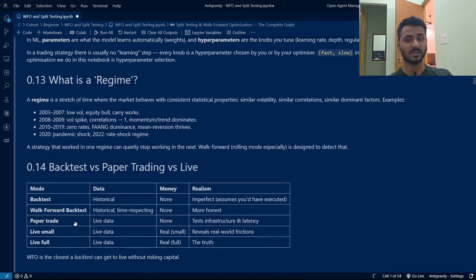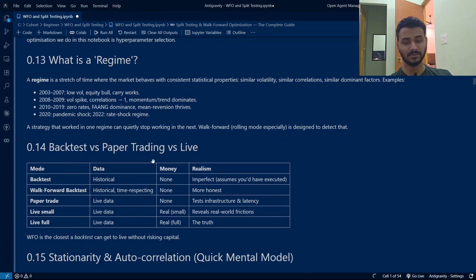Now, the difference between backtest, paper trading, and live test. In a backtest, the data is historical. There is no money involved. Walk forward backtest, again, historical, no money involved. Paper trade: we trade live after creating that strategy, but on a demo account, so no money is involved. Live small: we start with small capital. These are the actual phases that you should try, rather than just making a strategy and deploying it live to